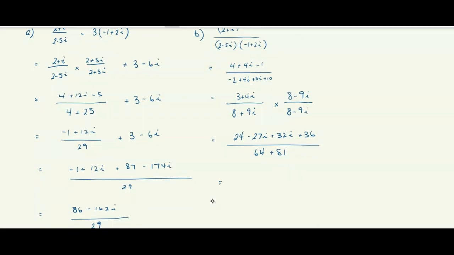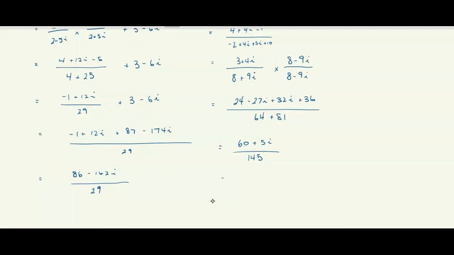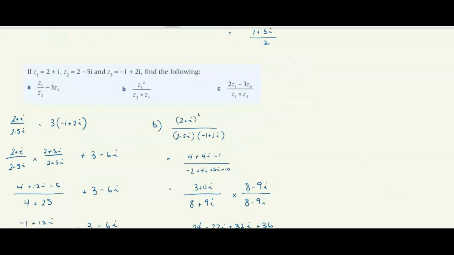Alright, what do we got? 24 plus 36 is 60, minus 27 plus 32 is plus 5i, and that goes over 145. Looks like 5 is a common factor here, so 12 plus i over 29. Okay, so C, look, I really encourage you to do C yourself and then just come back and check